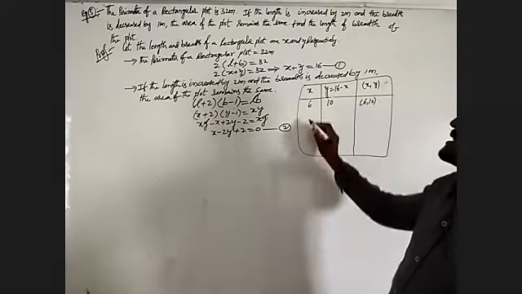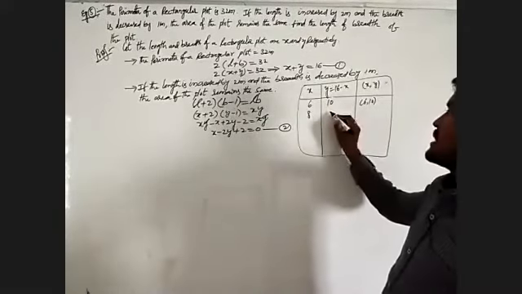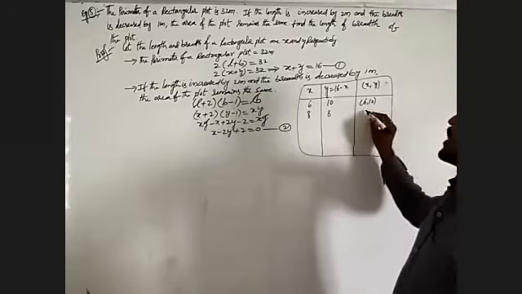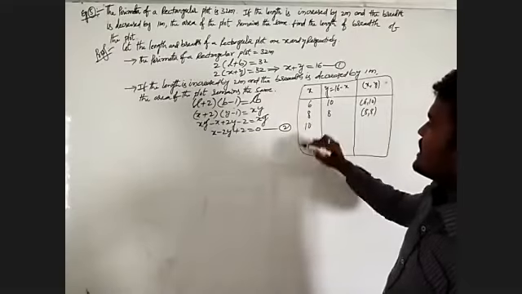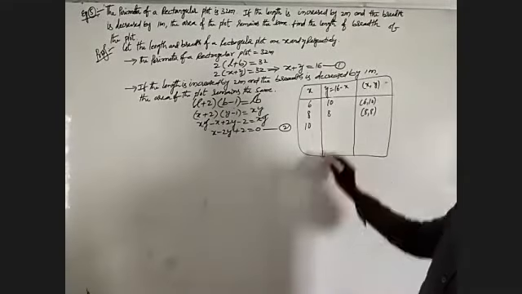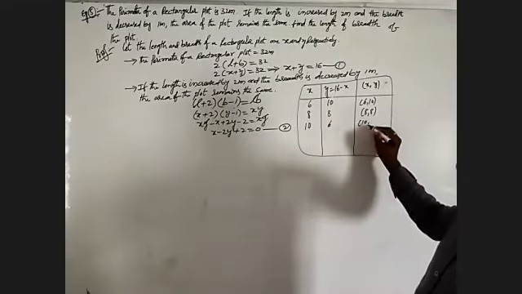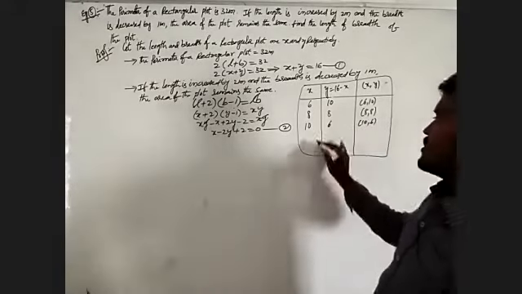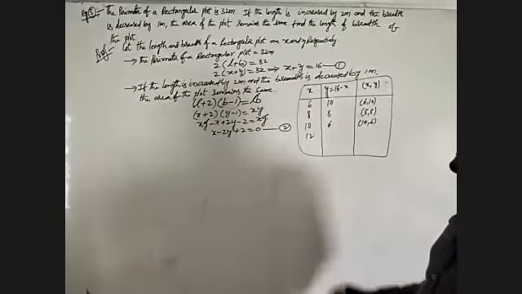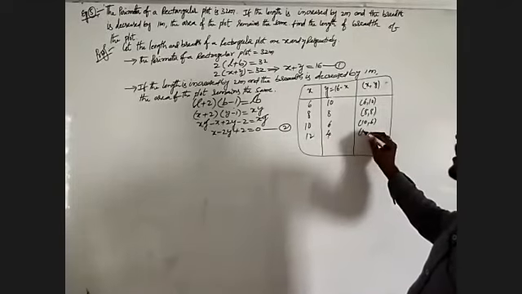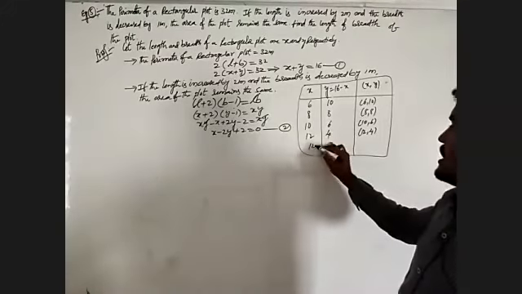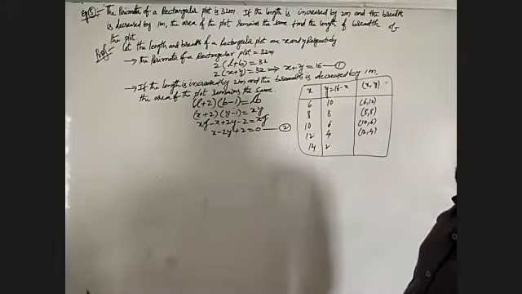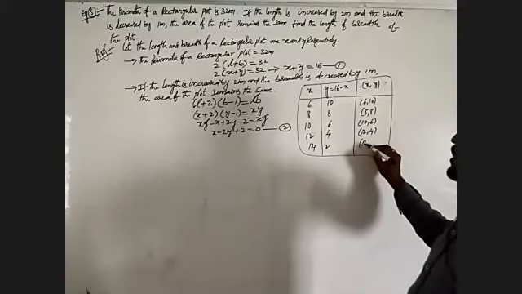After that I take x is equal to 8. 16 minus 8 becomes 8. That we take as 8 comma 8. After that x is equal to 10. 16 minus 10 becomes 6. That point is 10 comma 6. After that x is equal to 12. 16 minus 12 is equal to 4. That we plot at 12 comma 4. After that x is equal to 14. 16 minus 14 becomes 2. That we plot at 14 comma 2.